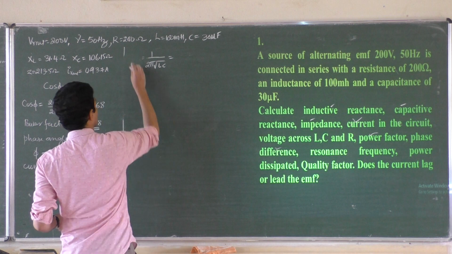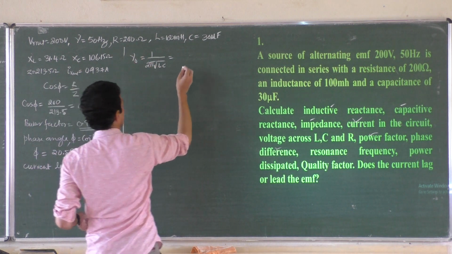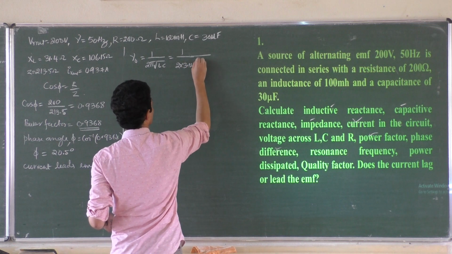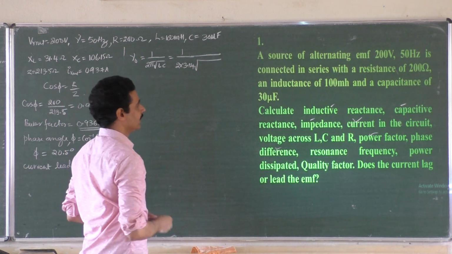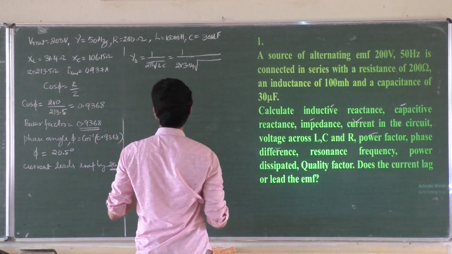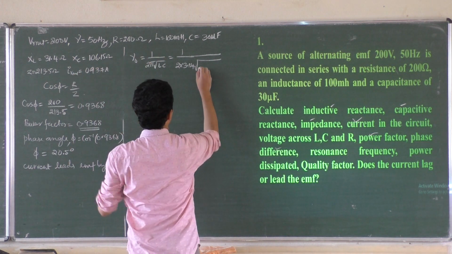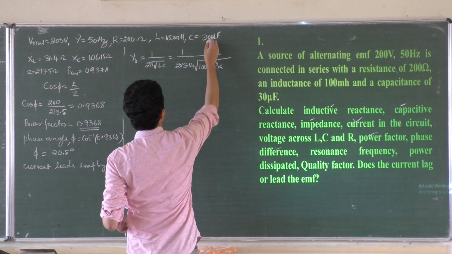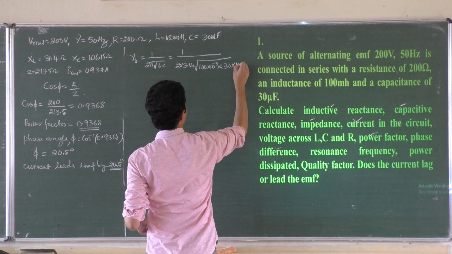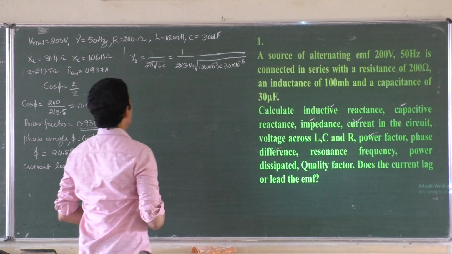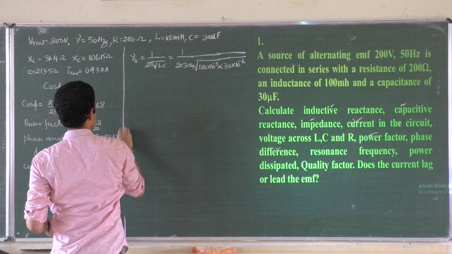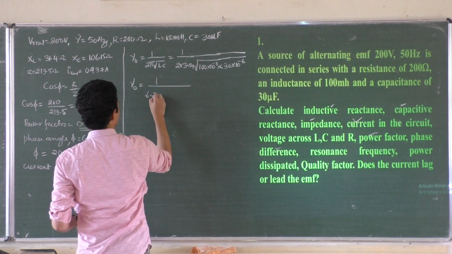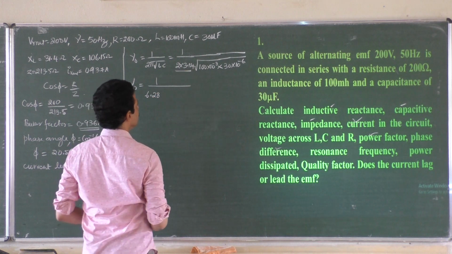Nu naught is equal to 1 by 2 pi root LC. 1 by 2 into 3.14 into root of LC, inductance and capacitance. Self-inductance of the inductor 100 millihenry, 100 into 10 to the power minus 3, into 30 microfarad. Nu naught is equal to 1 by 6.28 into root of,